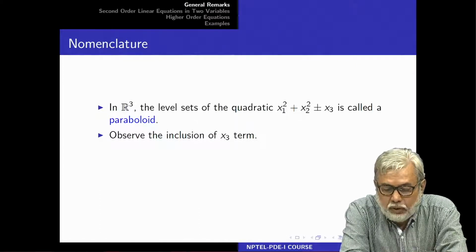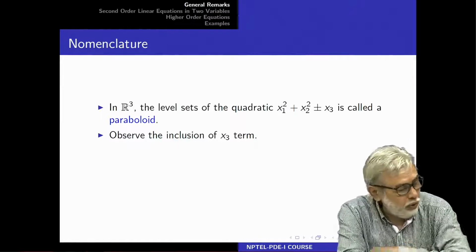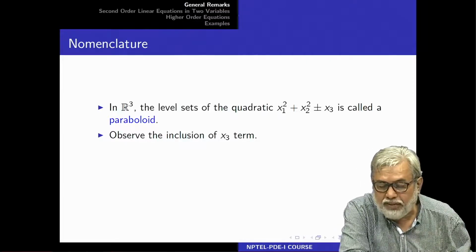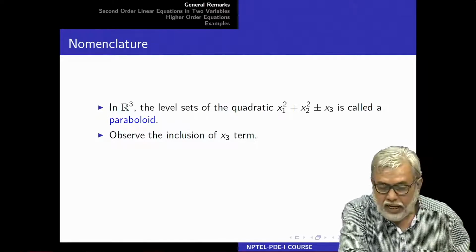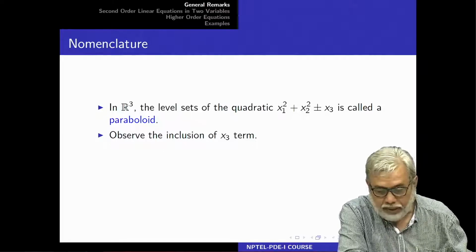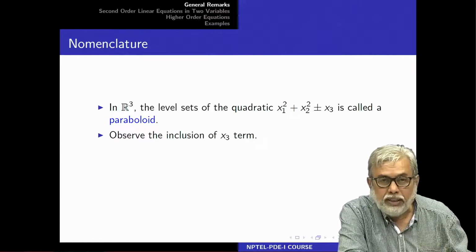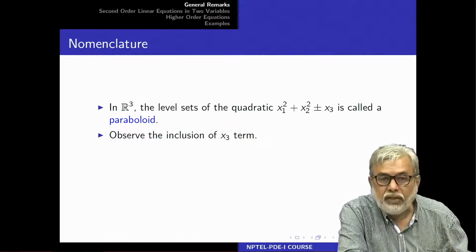See, the quadratic terms are in x1 and x2, and the first degree term is in x3, not in x1 or x2. So, that you have to observe, then only you get a paraboloid. For example, if it is x2 or x1, again you can absorb that in the quadratic and you will not get a paraboloid. So, that inclusion of the x3 term to get a paraboloid is very important, and the same thing holds for the